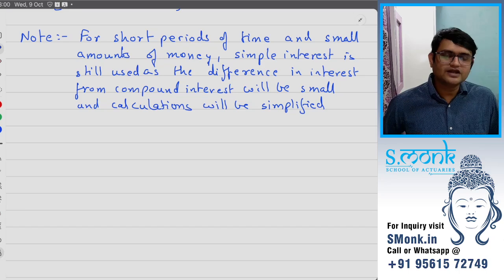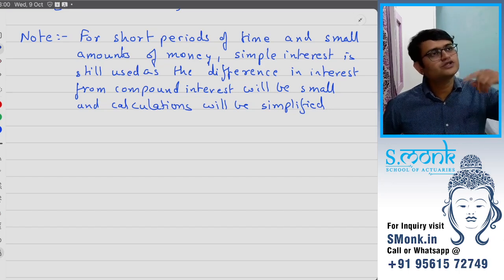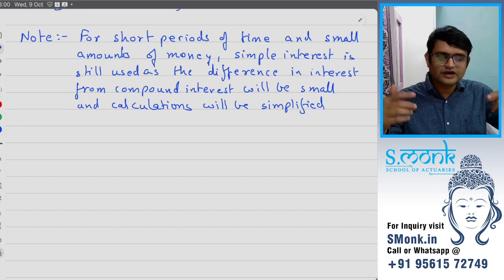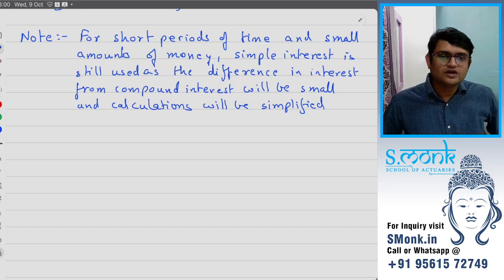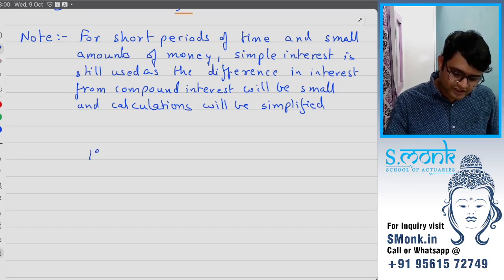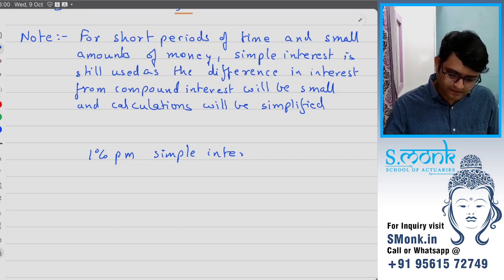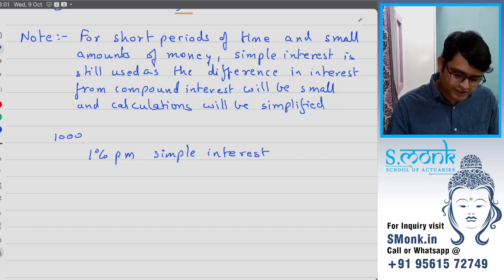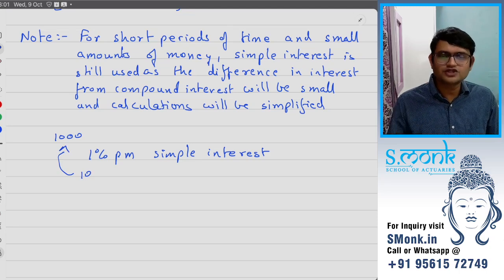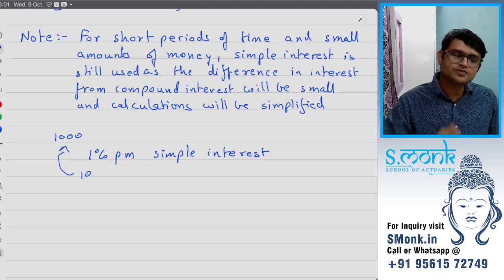So you can imagine that if we were talking about compound, 1% interest per month for 3 months, you will have to compound it, you will have to use calculator to do it. Then 4 months you will have to again use calculator to do it. But if I say 1% per month simple interest, for 1000 rupees it's going to be 10 rupees per 1000 rupees per month. So 3 months it is 30 rupees per 1000 rupees, and for 4 months it is 40 rupees per 1000 rupees.